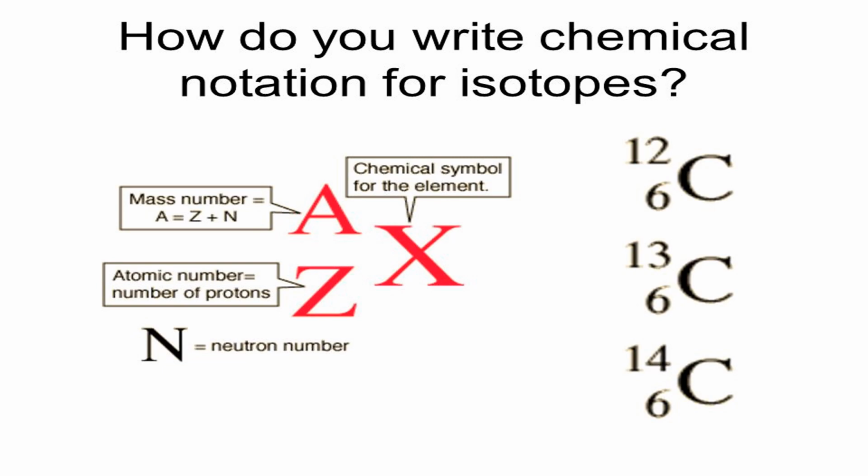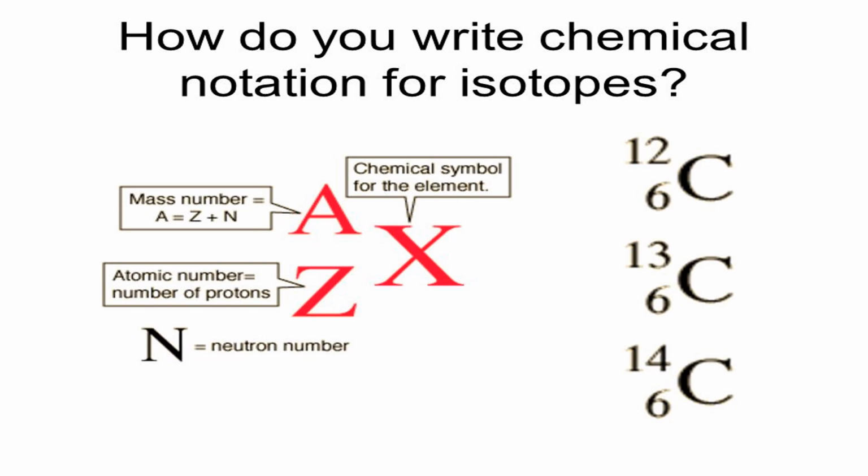We have normally seen this. How do you write it? Whenever you are representing an element, you have a superscript and a subscript. Superscript means the number which is written on top and subscript means the number which is written down. Superscript will tell you the mass number. Mass number means protons plus neutrons together. And subscript will be the number of protons.